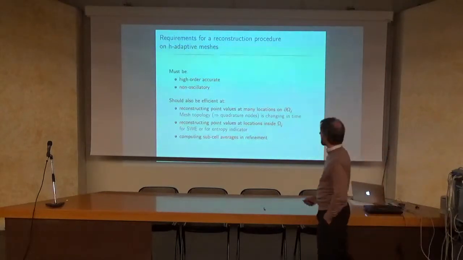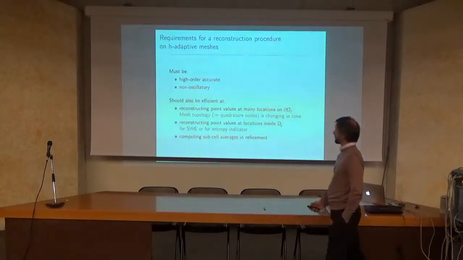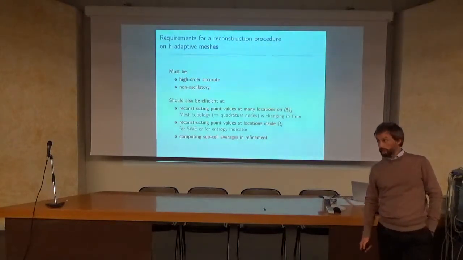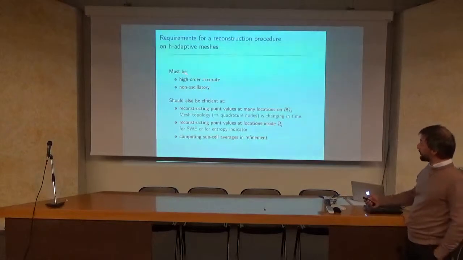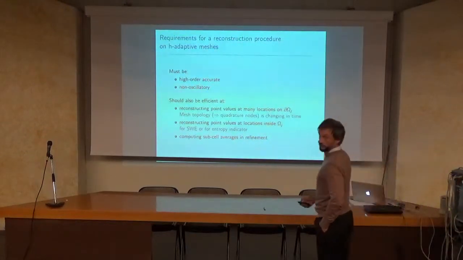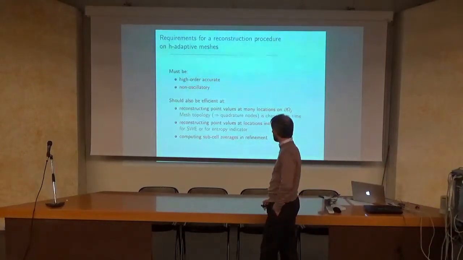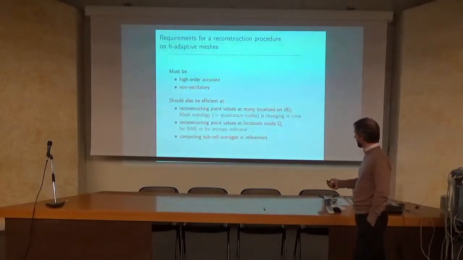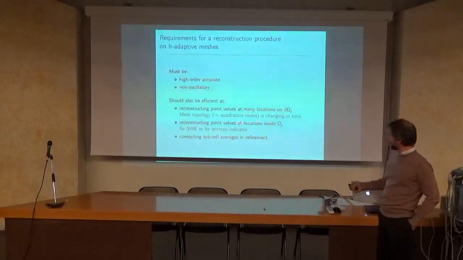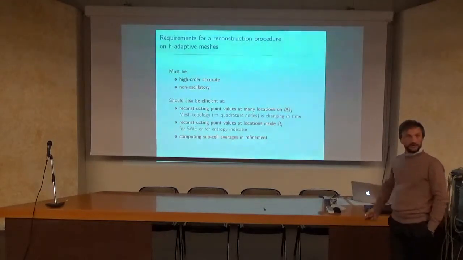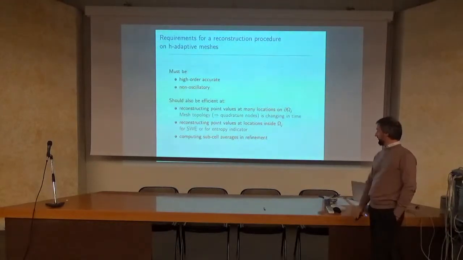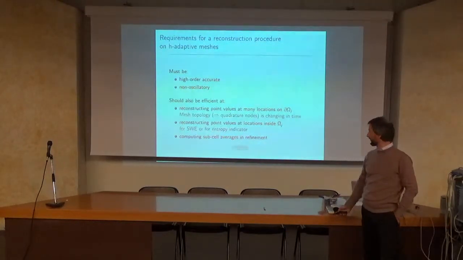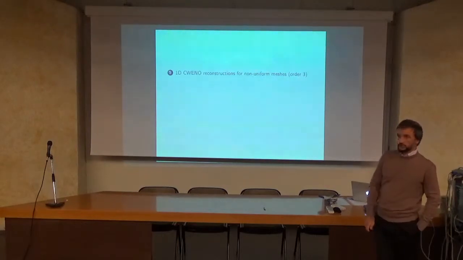Summing up, the reconstruction procedure that is useful for locally refined grids, on top of being high order accurate and non-oscillatory, which is a standard requirement, should also be quite efficient at reconstructing the point values at many locations on the boundary, at many locations inside, and should also be able to assist you when you compute subcell averages during refinement. Okay, so